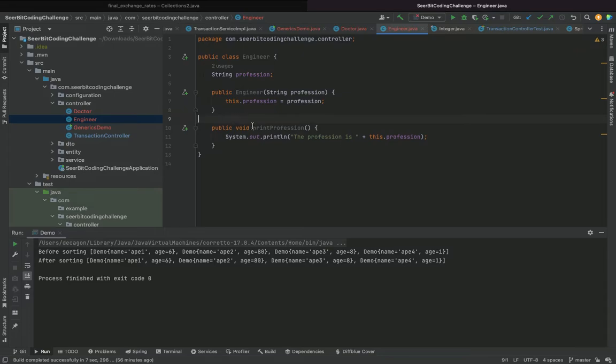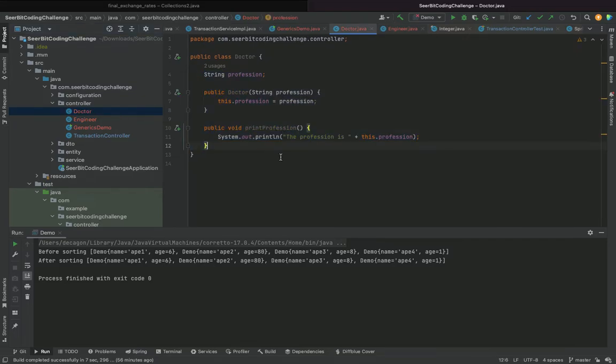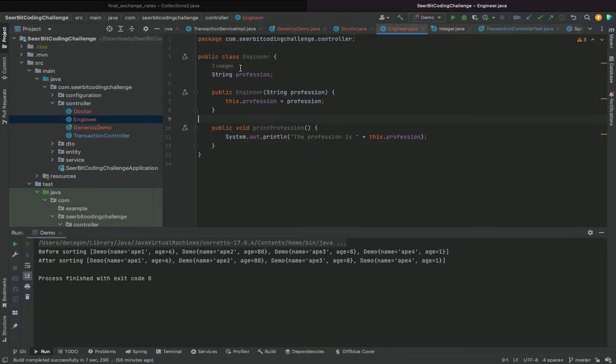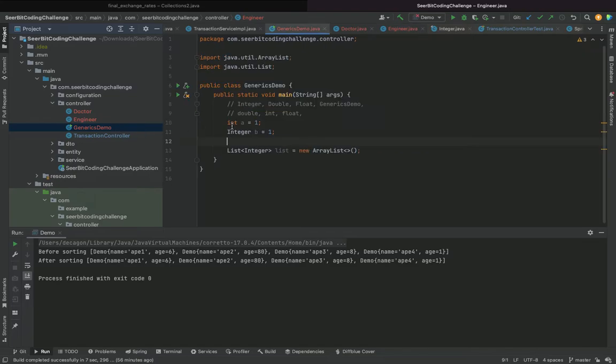So we have this now: two of them, engineer and doctor. If you look, these two pieces of code are basically similar, and therefore we could decide not to repeat our code to this extent. We could make use of the idea of generics.